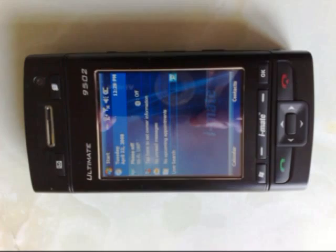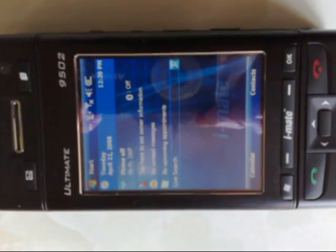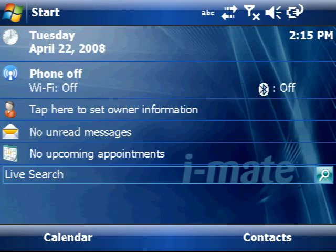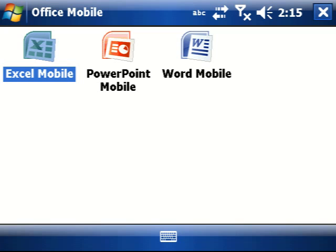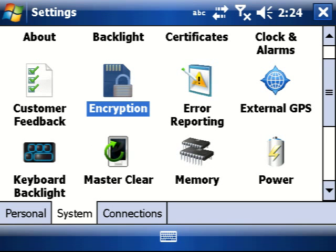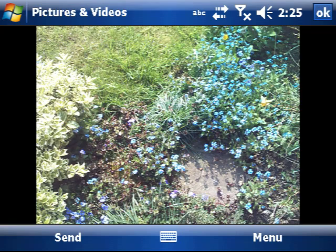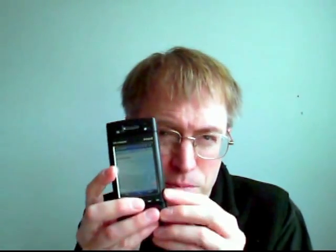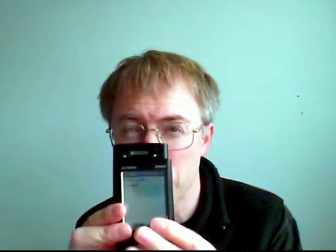with HSDPA, Wi-Fi, built-in GPS, a 3 megapixel camera and high-res screen, in this case VGA, although Windows Mobile is still appallingly clunky at how it handles non-QVGA screens. Yes, the fonts are smoother, but nothing's really much better here on the standard sized 2.8-inch screen. Even photos don't display full screen properly, although you can notice the greater detail. The basics of Windows Mobile 6 are very well known, so let's move on to the 9502's main selling point,